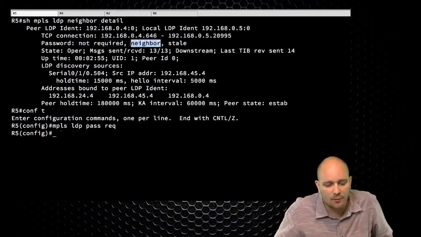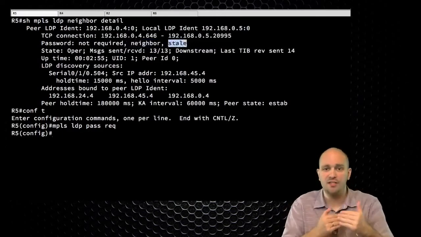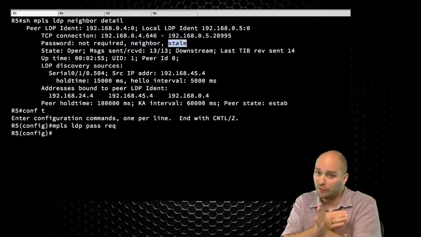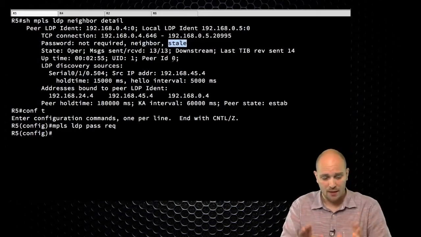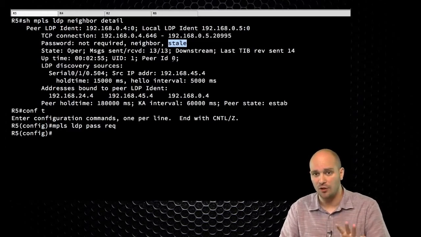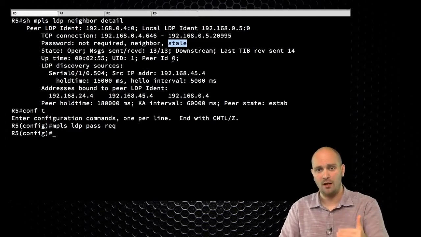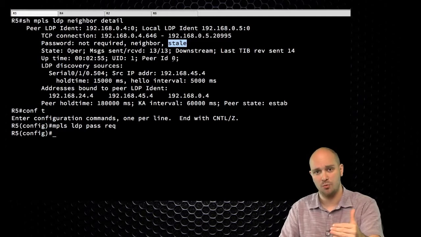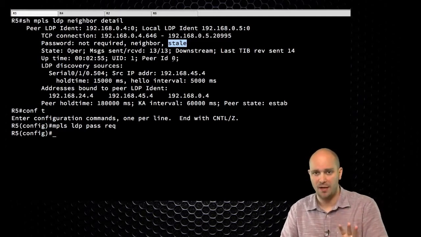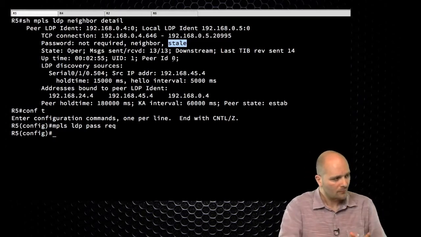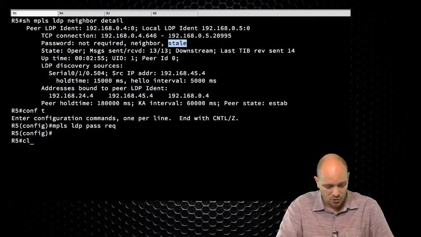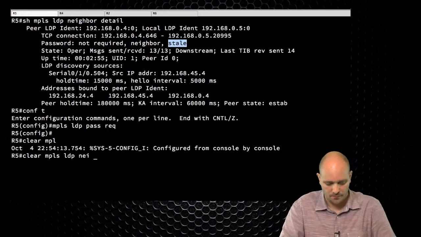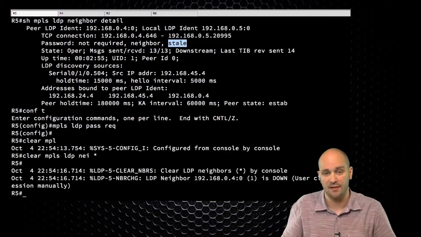I can see here that the password was actually configured on the neighbor statement, but that my current session, in comparison to the configuration that I have, is actually stale. It still works, but that means that whatever I have configured now is newer than what was there when the session was established. So when I configure the password on only one side, this is not actually going to take the session down. Now, if I actually clear the session, which you can do with clear MPLS LDP neighbor